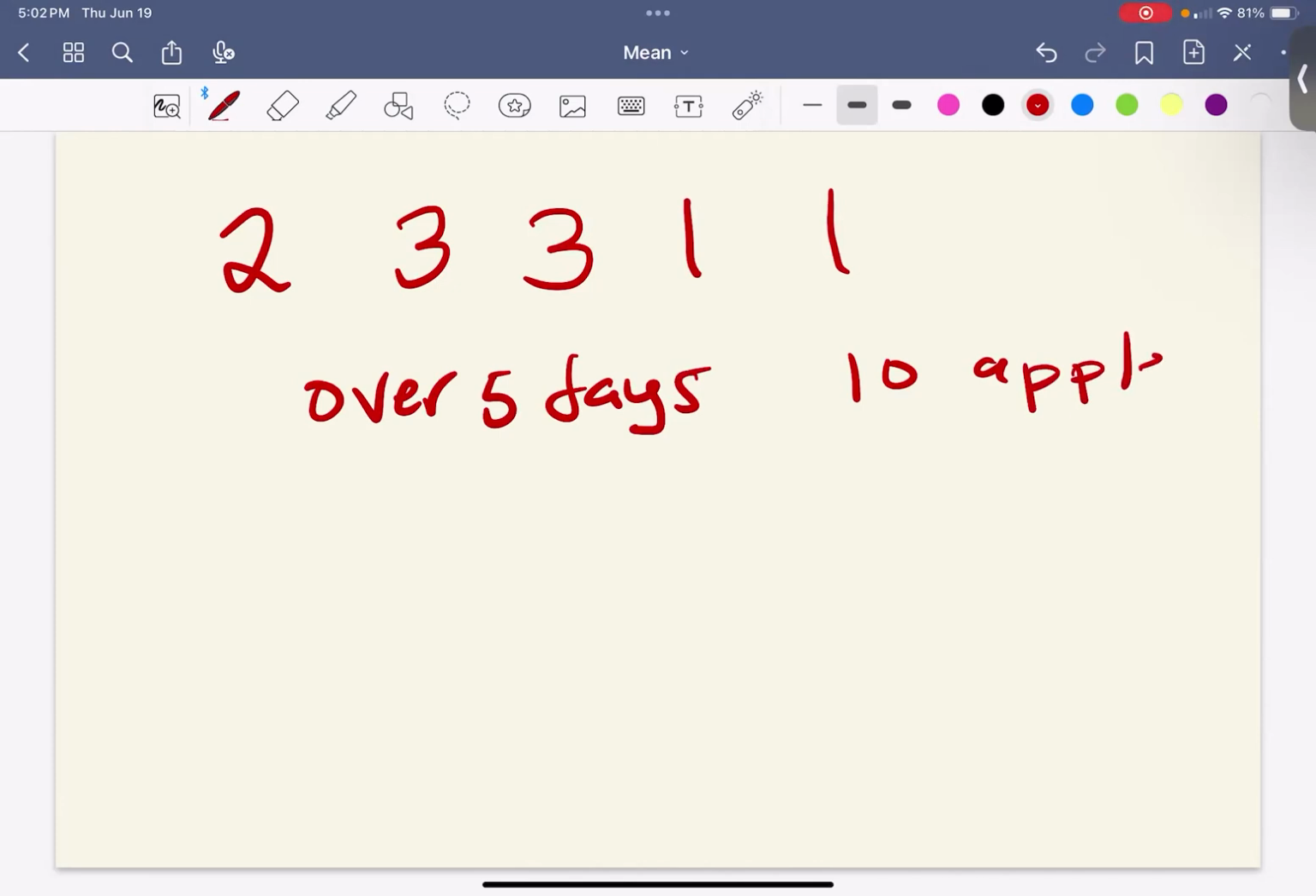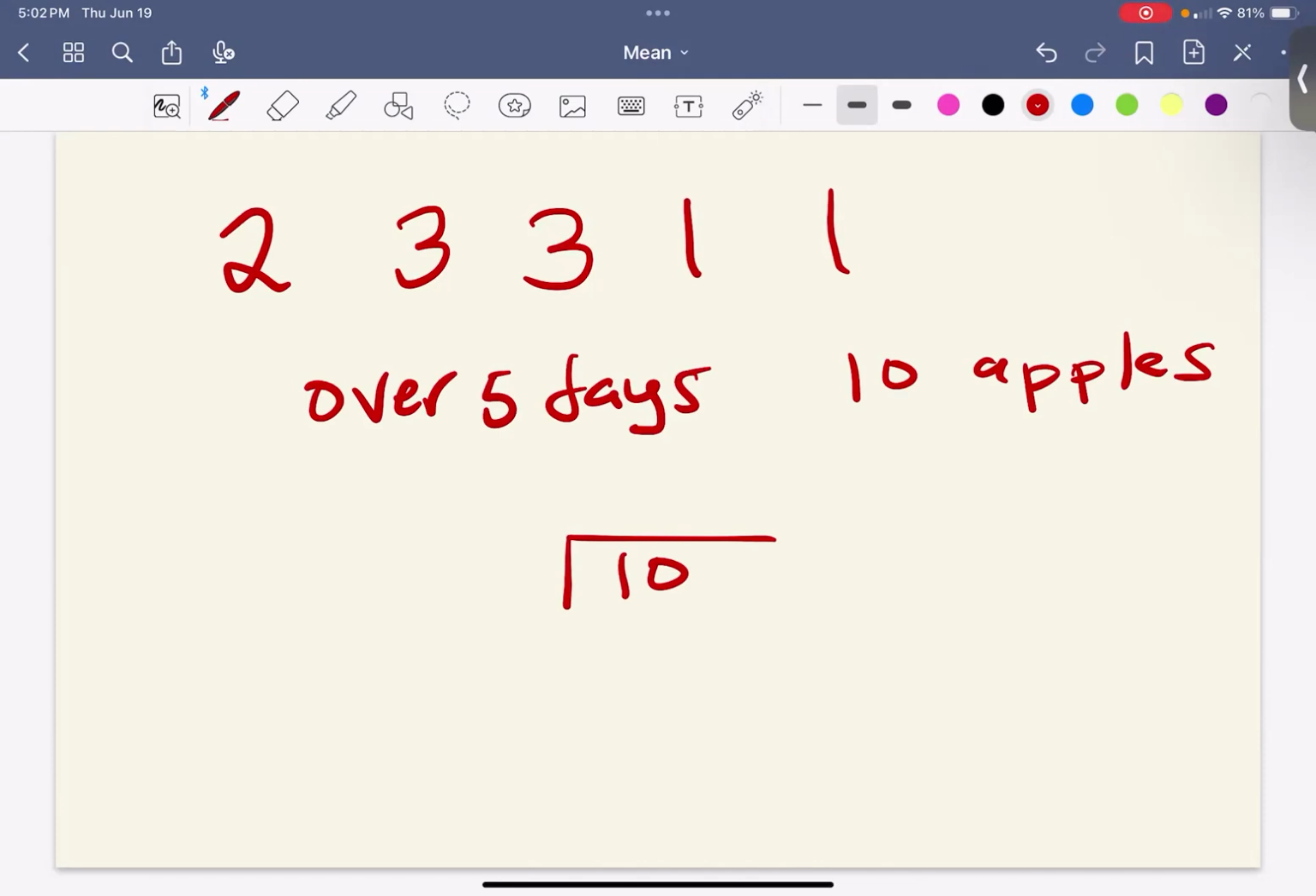And now someone asks you, how many apples did you eat every day? You could say Monday I ate two, Tuesday I ate three, Wednesday I ate three, and go through everything, but that could be kind of hard. You could just give them the average. So let's see, how do we find the average? Well, you ate 10 apples